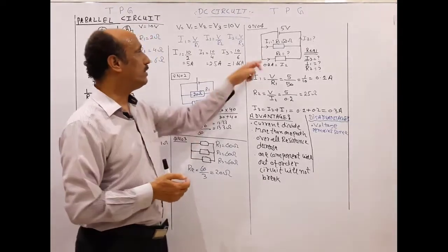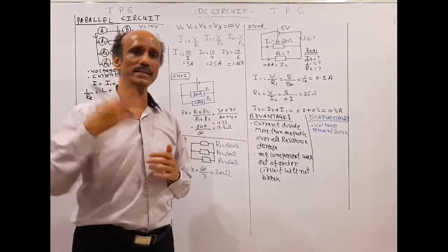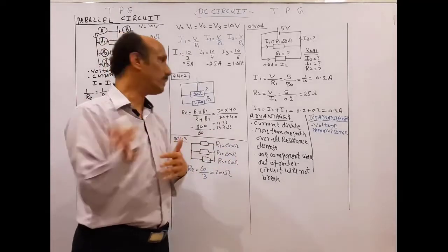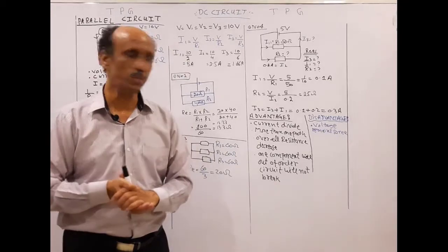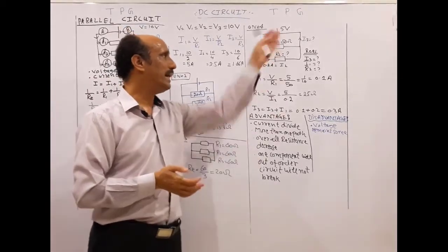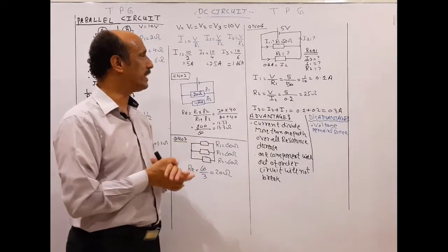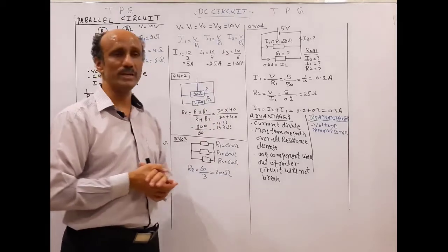Now in this question you can observe that in the second resistance the current is doubled, so it means that the resistance will be half, because current and resistance are inversely proportional to each other. So R2 equals 5 over 0.2, and then you will get 25 ohm. If you want to find the total current, just add the values of I1 and I2, and it will give the answer 0.3 ampere.